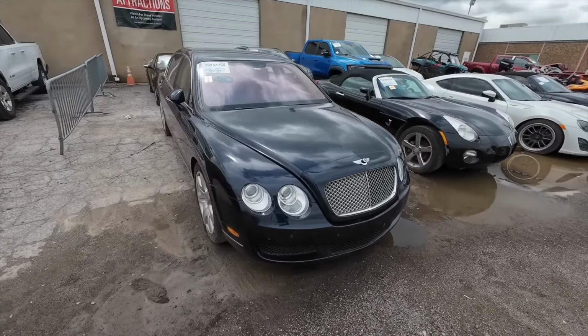Oh, check engine light is on. Sure is. They made the light so small you can't even see the damn thing. It's way... Let me see if I can get you guys a little closer. Do you see that little...